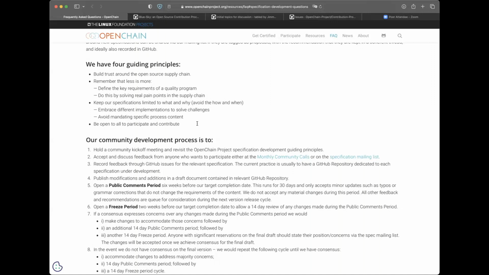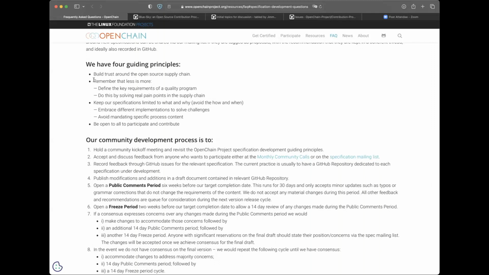For us, we very clearly set our reason and our scope in strategy. So our reason for working on standards is to build trust around the open source supply chain. So everything we do is about building trust in the open source supply chain. Anything that is not about building trust is outside of scope. Anything that is inside that is potentially going to be included in our discussions.